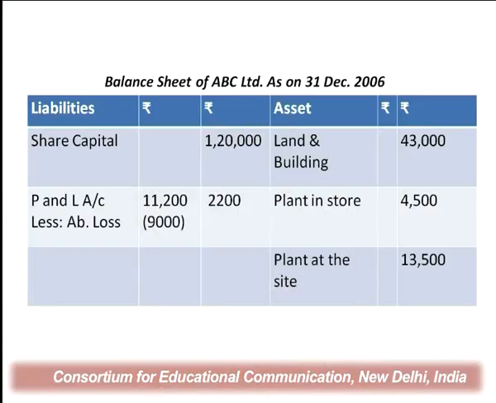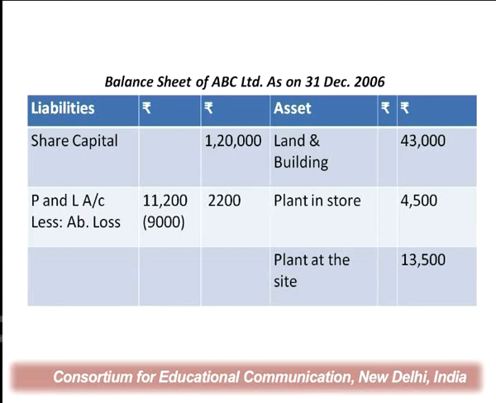On the basis of this, now we will prepare the balance sheet, right? It may be 2006, 2020, whatever year is given. Share capital, again it is given. In our example, the trial balance said that share capital is 1,20,000 rupees. Profit and loss account 11,200. This we have just calculated in the contract account, that out of the 21,000, 11,200 will be transferred to the profit and loss account. The rest, 9,800, will be shown as reserve.